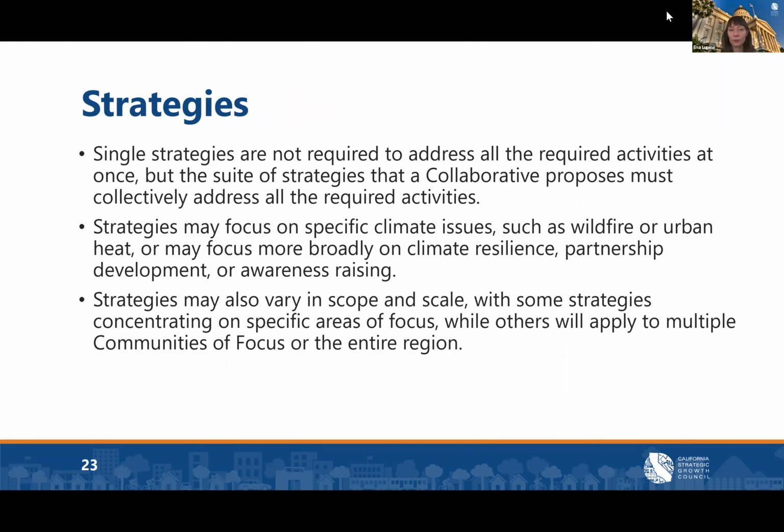And so as I mentioned a little bit before, the applicant's work plans are going to be divided into strategies that the collaborative proposes to undertake. So no one strategy needs to meet all of the required activities, but the collective group of all the strategies within the work plan need to meet all of those required activities. And I think it'll be really important for applicants to think about the strategies that are needed within the region that they're covering, as well as the expertise of the organizations within their